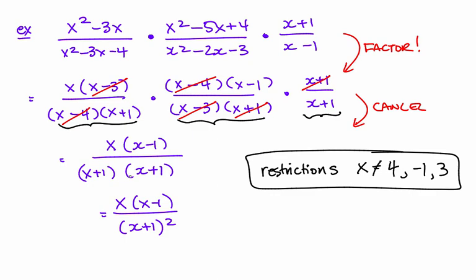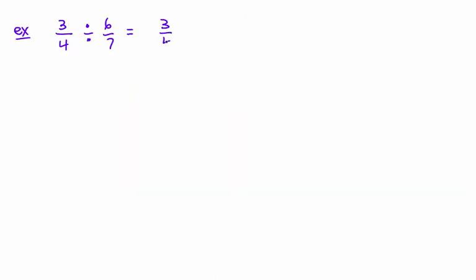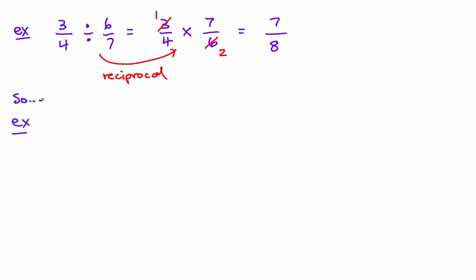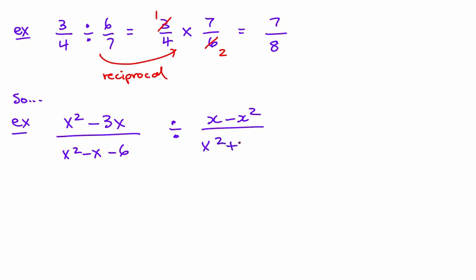Let's take a look at division. With division, I took a reciprocal, I multiplied by a reciprocal, and then I did my multiplication steps. So we did a reciprocal, and then we go to multiplication. So this can divide by 3 and divide by 3, and you get 7/8. A similar thing happens with algebra. If you have x squared minus 3x over x squared minus x minus 6 getting divided by x minus x squared over x squared plus x minus 2,